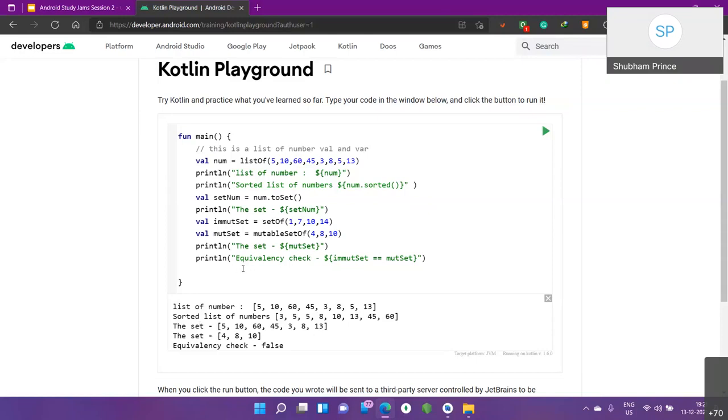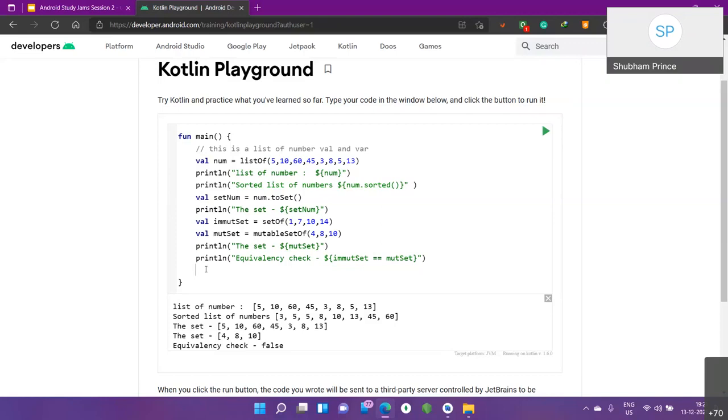For example, in this collection, if you want to access values of the collection, we will be working with the forEach loop. The forEach loop comes even in Java. In this section we will be working with the forEach loop. So how does it work? Let's focus on it.